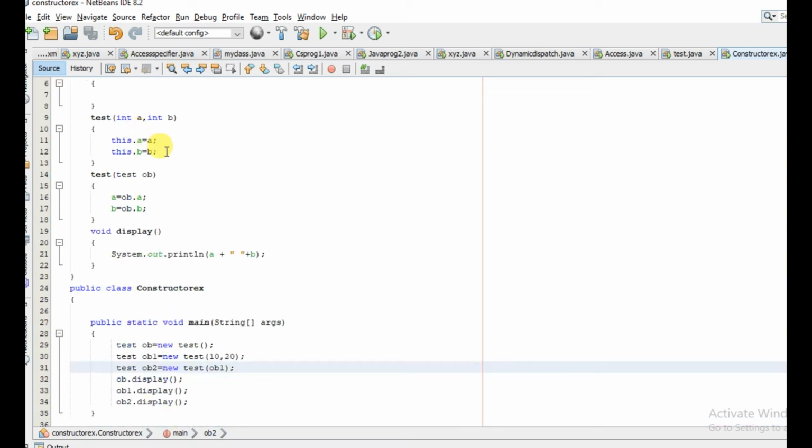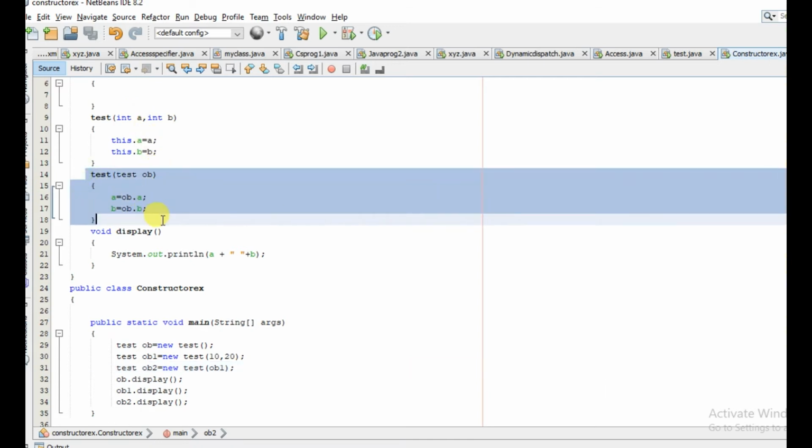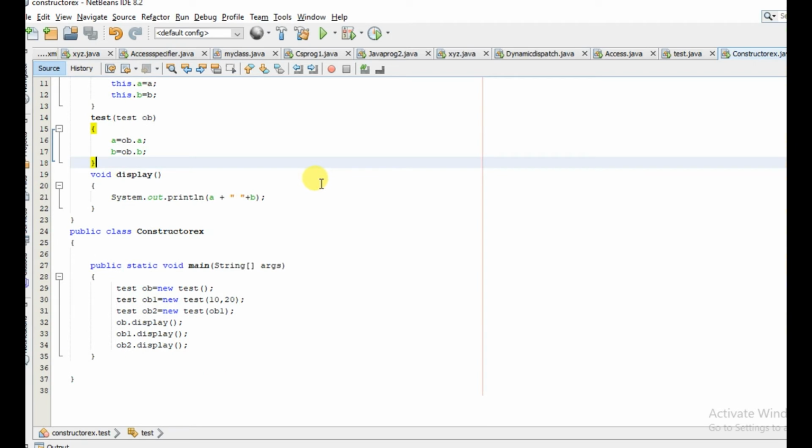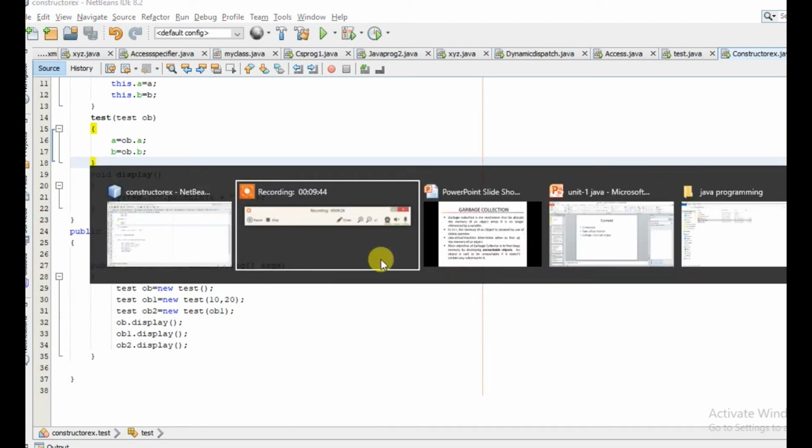Then we have parameterized constructors in which we can pass some parameters, and we can also create a copy constructor. Though Java does not support implicitly the copy constructor, but we can create a constructor which can act as the copy constructor. So I think now it is clear to you all what is constructor and how do we create a constructor. Now let us come back to our slides.